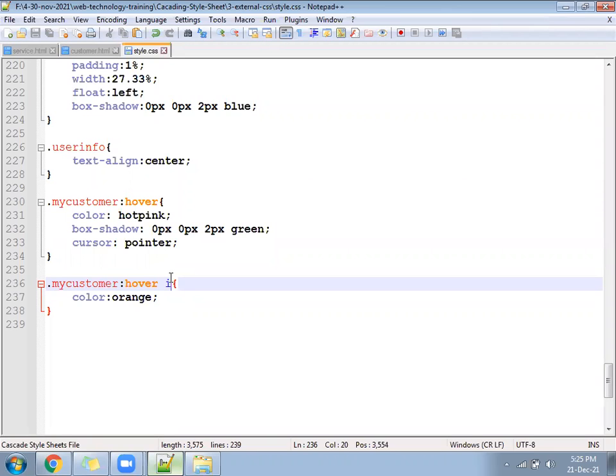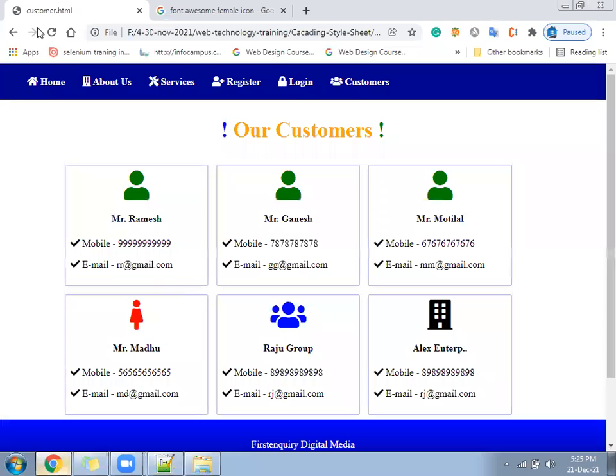Suppose we have the email ID here. After this email ID, you can add one more paragraph, and for that you will add icons, and the icon can be any color, but social media icons.